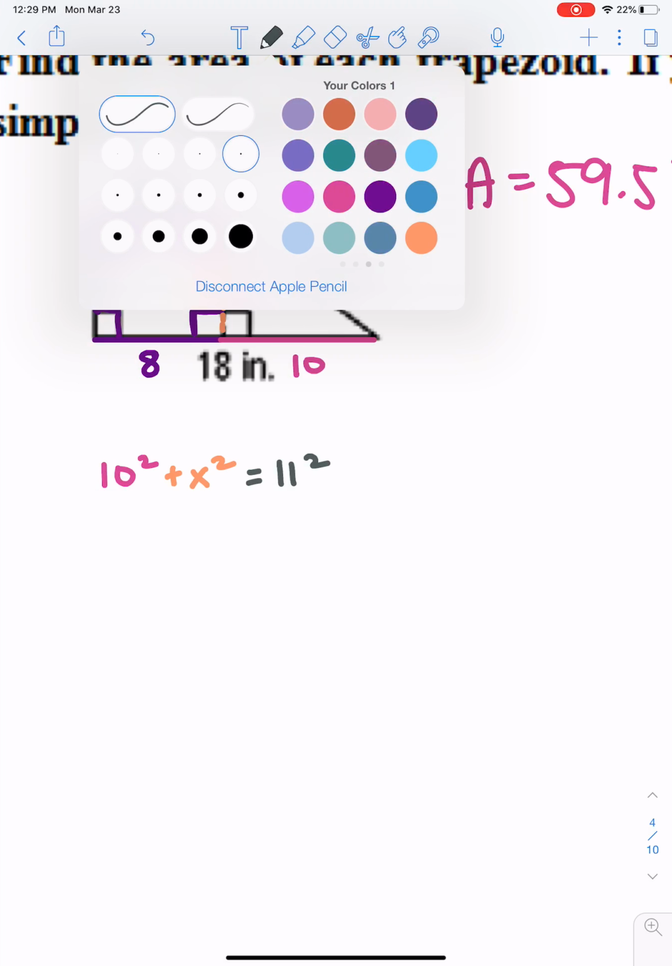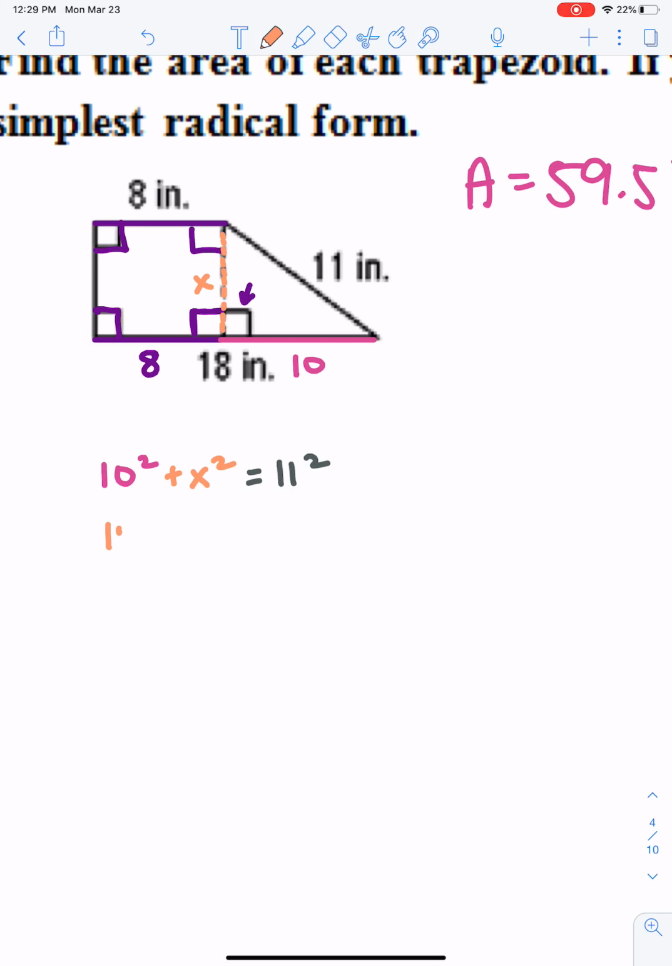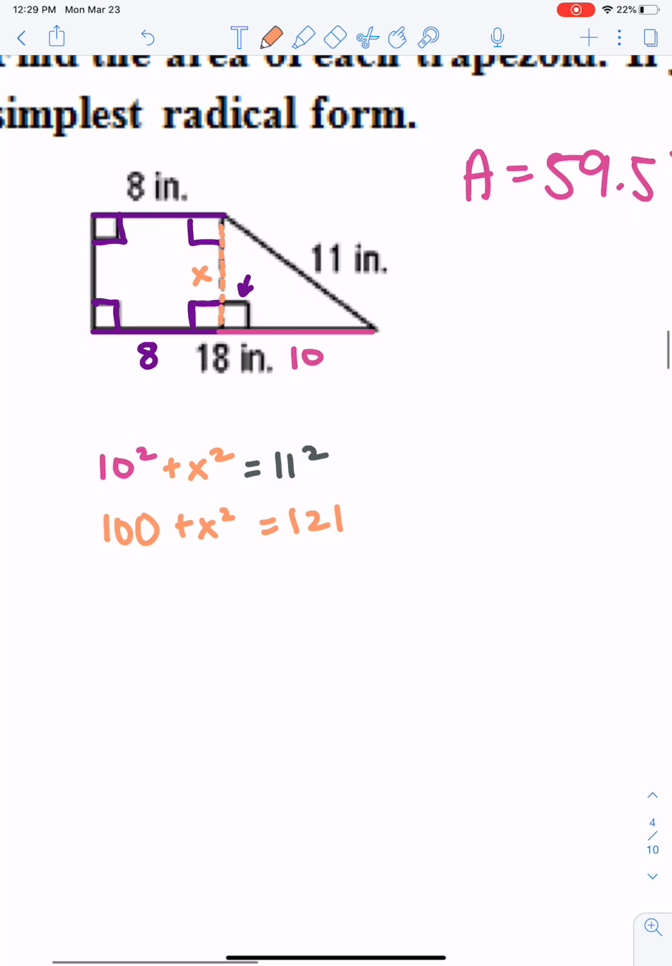I'm gonna just switch to one color here. 10 squared is 100 plus x squared. 11 squared is 121. Let me double check that on my calculator. Yep, 121. Subtract 100 from both sides, and that gives me 21, square root. And x squared is, or x is